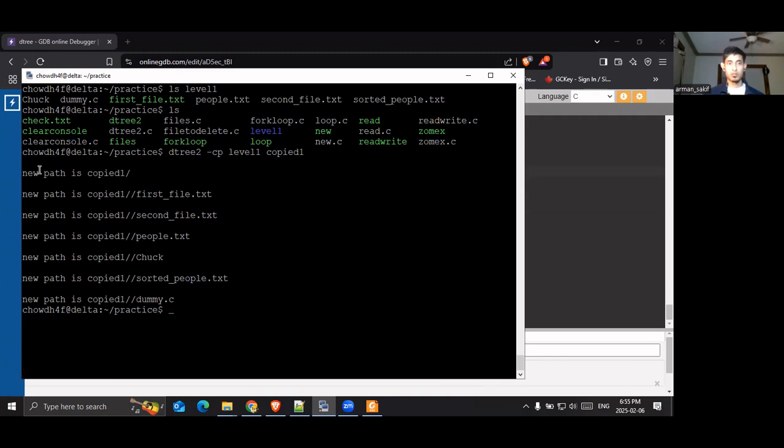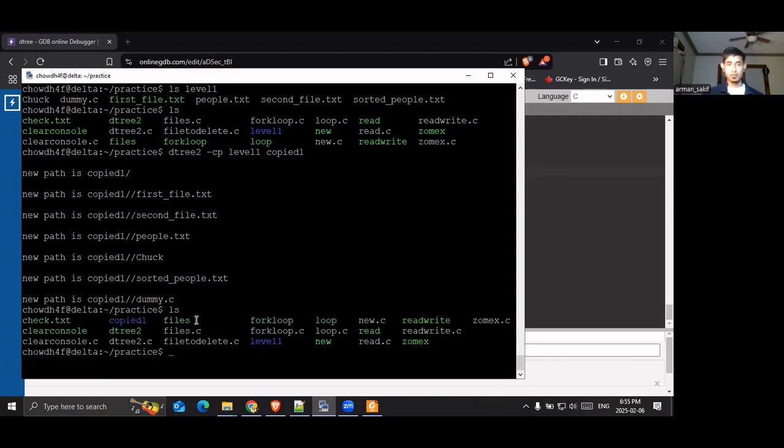So this is just something I printed for myself to see how it works. Okay, and let's see the ls. So the copied one is there. If I do ls copied 1, you can see there's chuck, dummy.c, sorted people, everything from the level 1 is copied. Another functionality of the copy call is